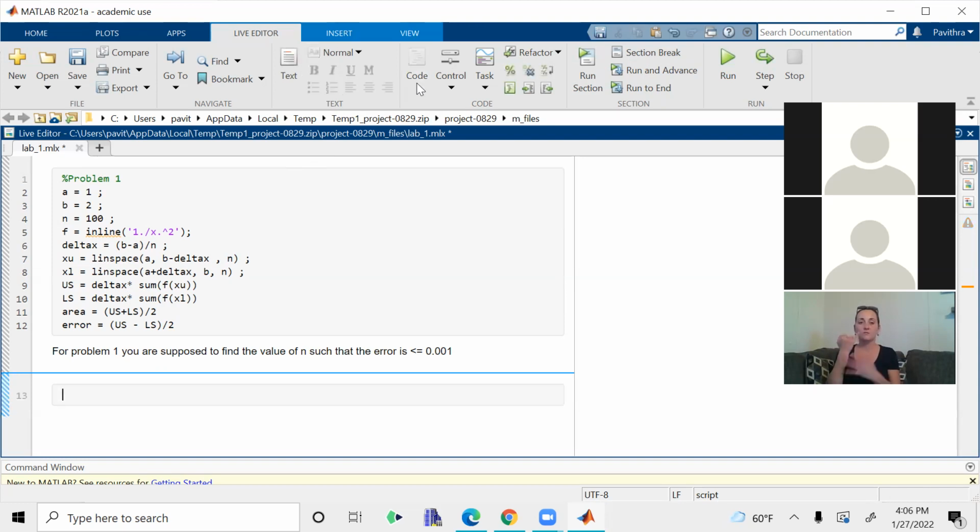And I'm going to shift to code mode. Now, I'm going to write problem two. If you want me to slow down or stop in problem one, or if you want me to repeat, please let me know. I can do that. Okay. Now for problem two,